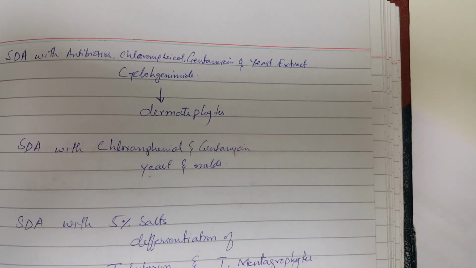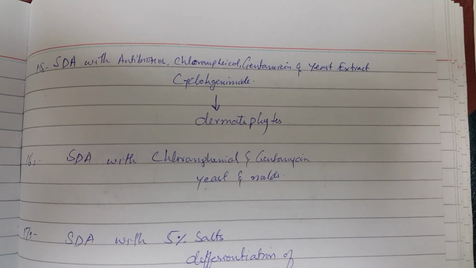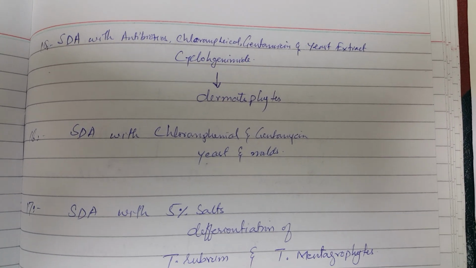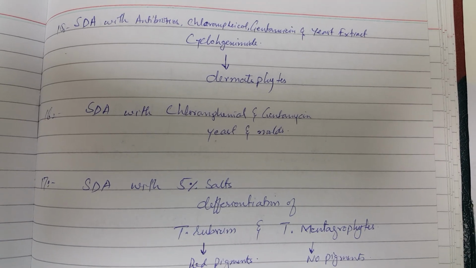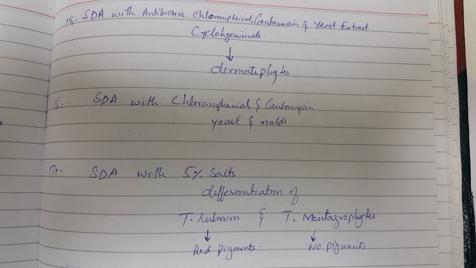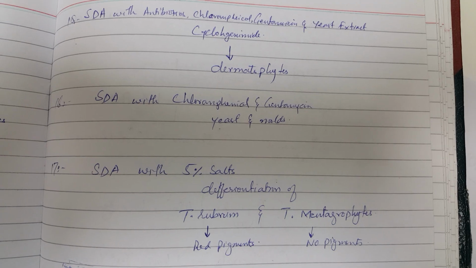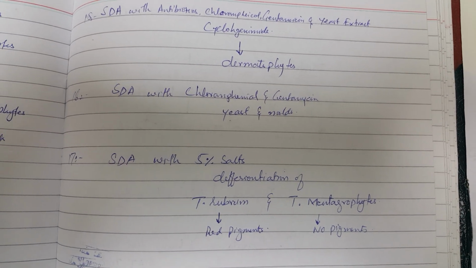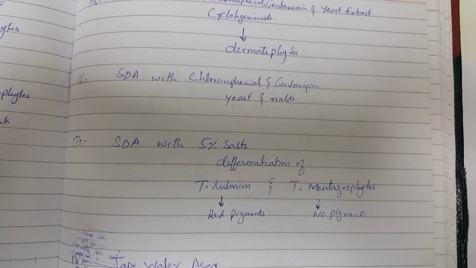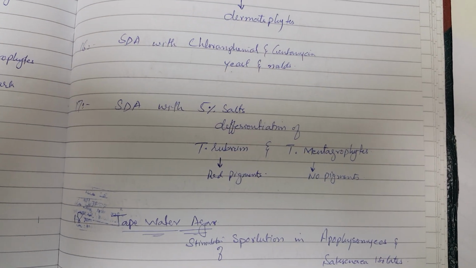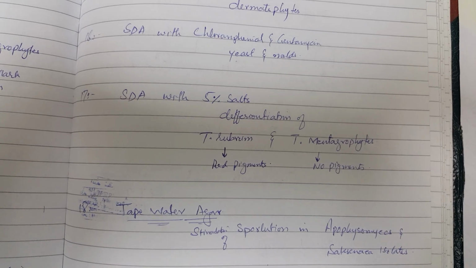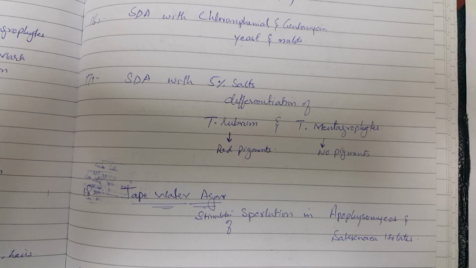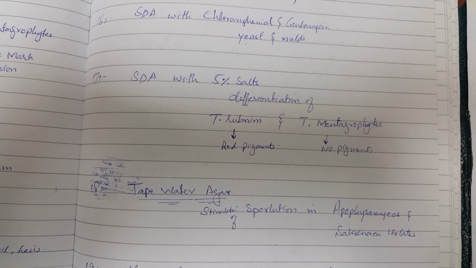SDA with antibiotics, chloramphenicol, gentamicin, yeast extract and cycloheximide, is used for the dermatophytes. SDA with chloramphenicol, gentamicin and yeast is used for yeast and mold without the cycloheximide, because cycloheximide also inhibits some of the molds and yeast forms of fungi. SDA with 5% salt differentiates between T. rubrum and T. mentagrophytes, because T. rubrum produces red pigment while T. mentagrophytes